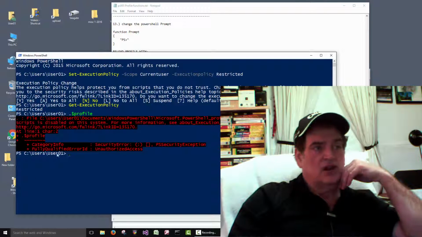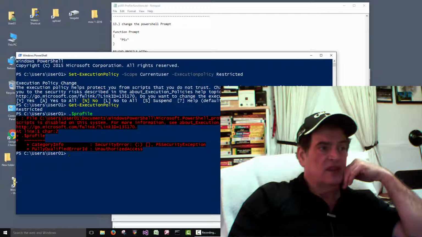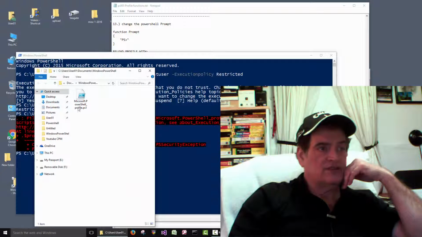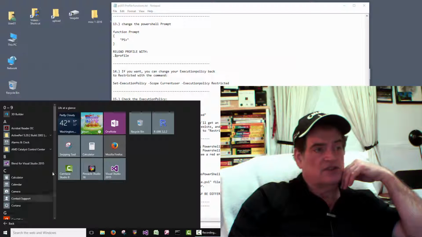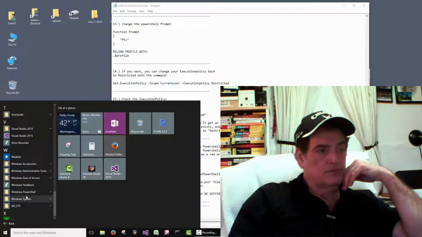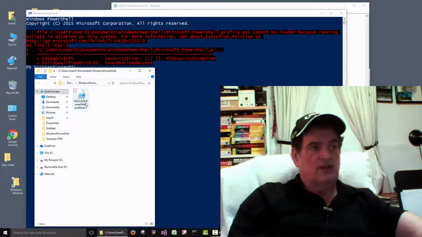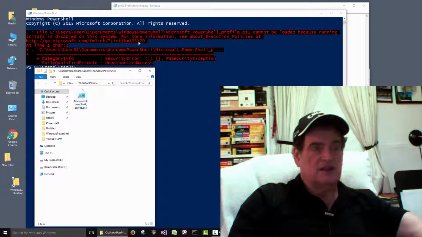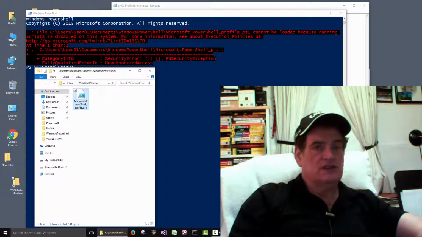Because our execution policy is set to restricted, so it can't run it. And also because we have this file here. So if we close that and start this back up again, it can tell that we have a profile file here, but it can't run it because our execution policy is set to restricted. What we can do is delete that guy from the folder,